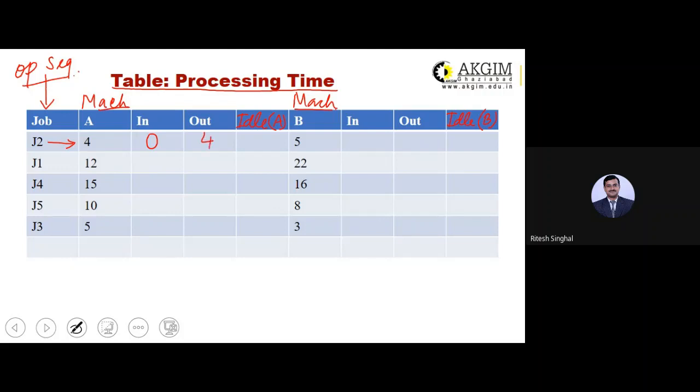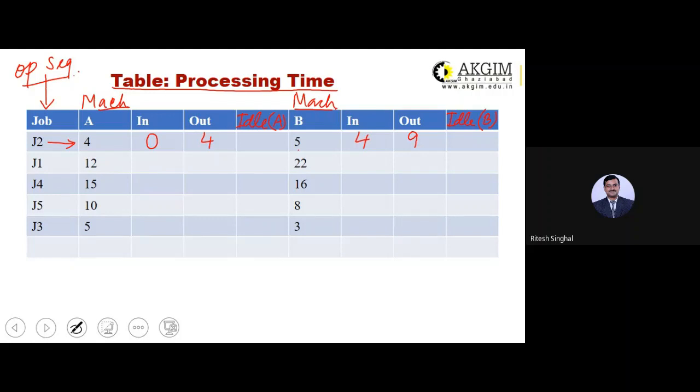So it will be out at the 4th hour. And similarly, after completion by A, you have to enter this job on B at the 4th hour. It requires 5 hours to complete. So 4 plus 5, 9. So at the 9th hour, it is going to be out from machine B.